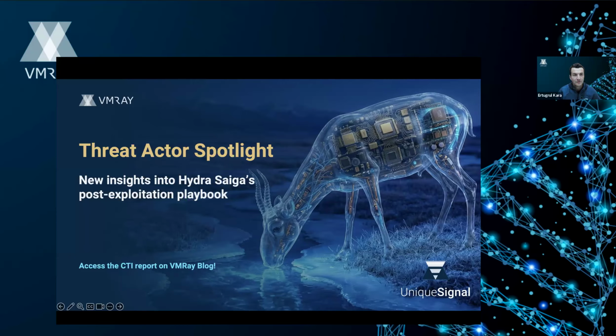And a quick note, it was a really good example of how the CTI community collaborates together. As a VMRay researcher license holder, Paul used our sandbox for analysis of samples that these threat actors used. The whole CTI report is available as of now on our blog. So feel free to go check it out.